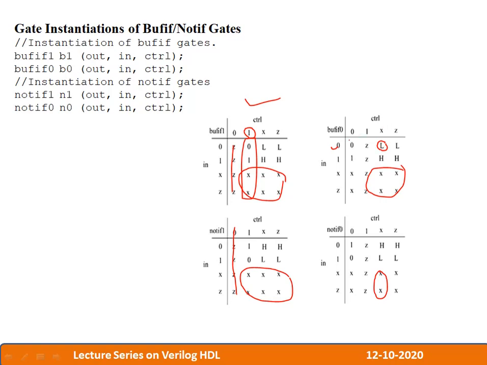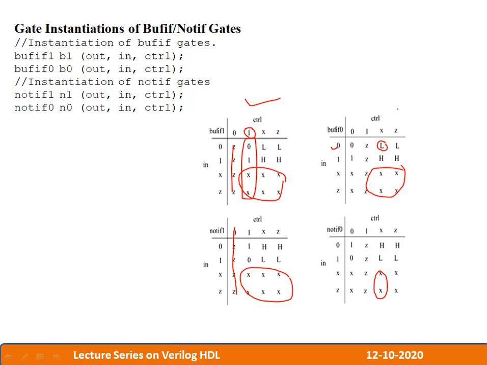If x is 1, definitely the output won't have any repercussion, because for a control signal of 1, what will be the output? The output will be z, because for control 1 it is not going to work. But for control x, the moment you give the input 0 it will be considered as a low value, and 1 will be considered as a high value. For a control signal of z also it will retain the same value. For an input of 0 the output will be low value, for an input of 1 the output will be high value. So this is the truth table of your BUFF and NOT if gates.